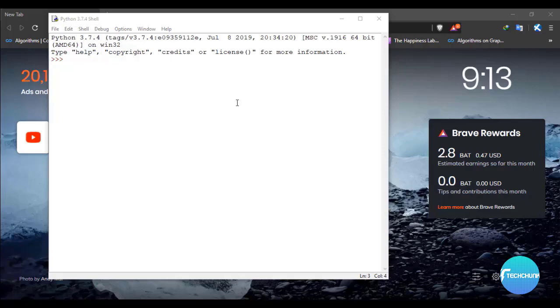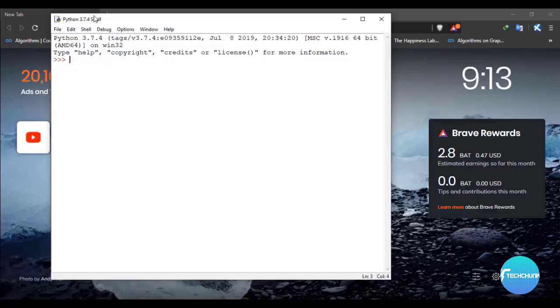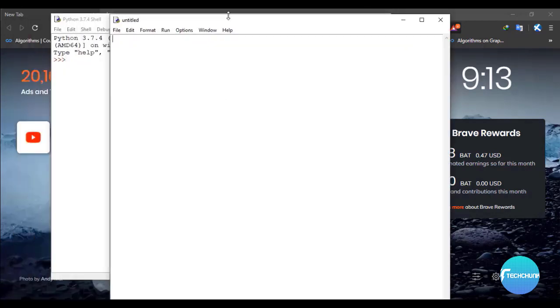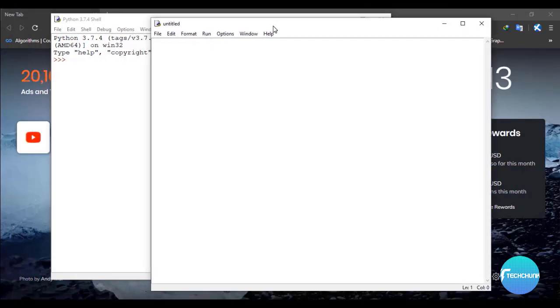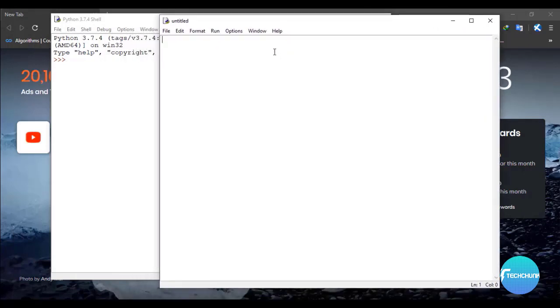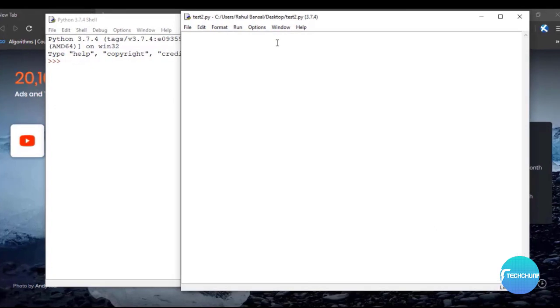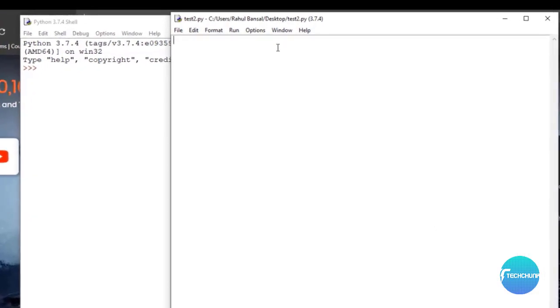Okay, so first let's see how we define a function in Python. For that I need to make a Python file in which we will create a function. Let's have a new file, and let's save it. I'm going to save it on the desktop as test2.py. For defining a function, we use the keyword def, which means define, of course, and then the function name that